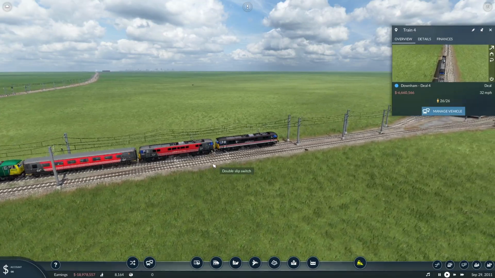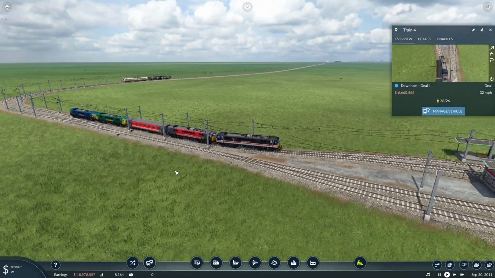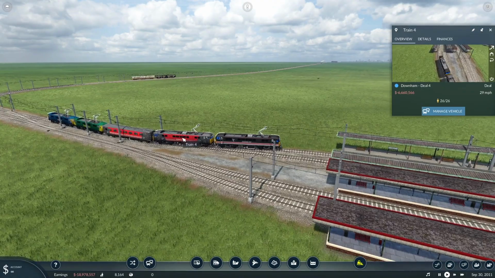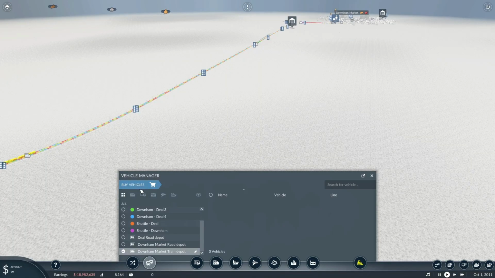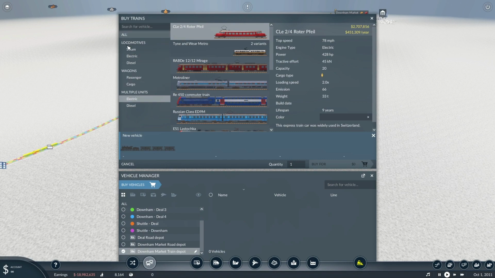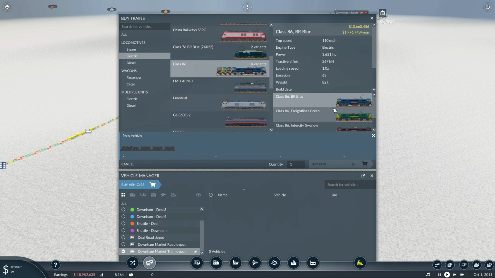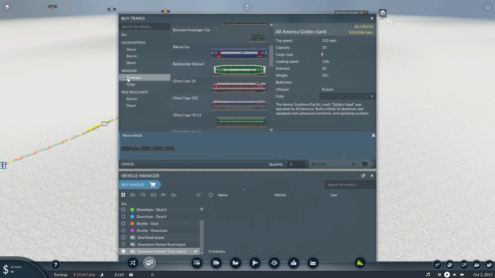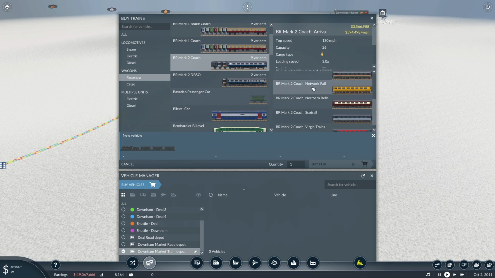They've got a top speed of 110 miles per hour, so they're pretty quick, and yeah, they just look good if you wanted to pair those up. If we go into the depot to look at the train itself, it's an electric locomotive. You've got your 4 variants there, and then if we go to passenger wagons, Mark II coaches, you've got a